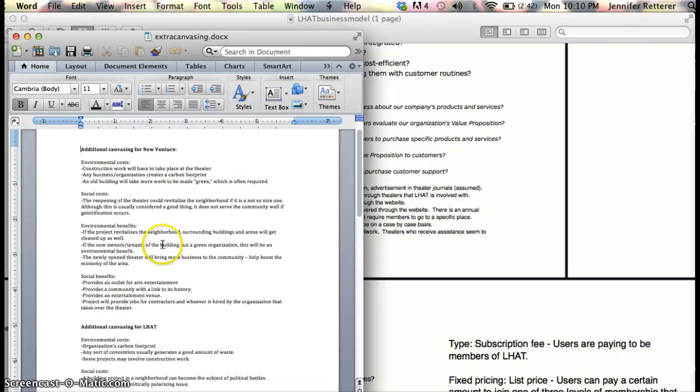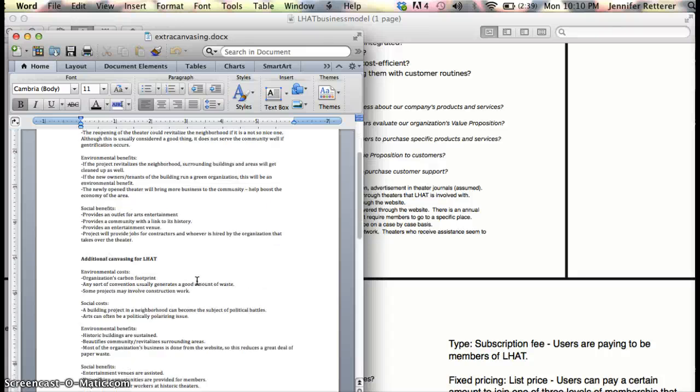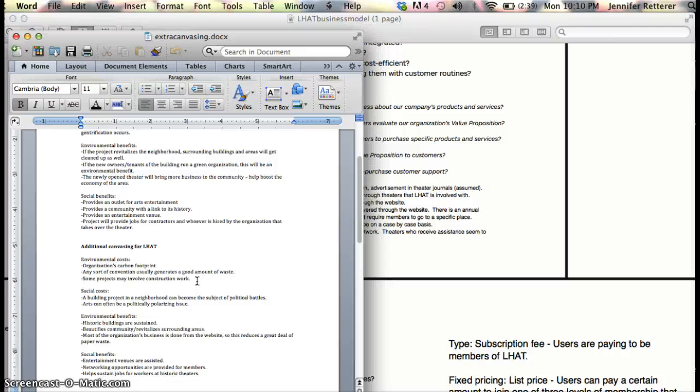For environmental benefits, if the project revitalizes the neighborhood, that would be very nice for the surrounding area. If new owners or tenants of the building run a green organization, this could also be an environmental benefit. And the newly opened theater will bring more business to the community and help boost the economy. Social benefits, it's an outlet for arts entertainment, a link to the community's history,